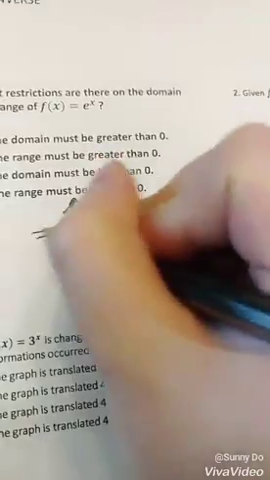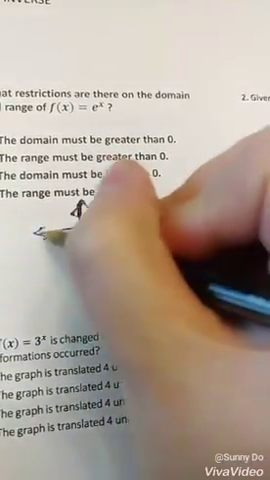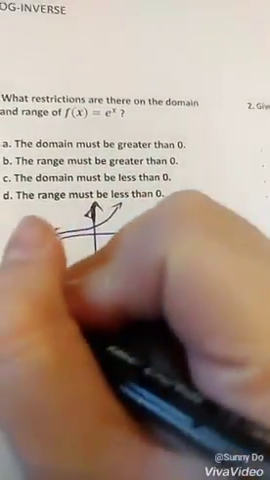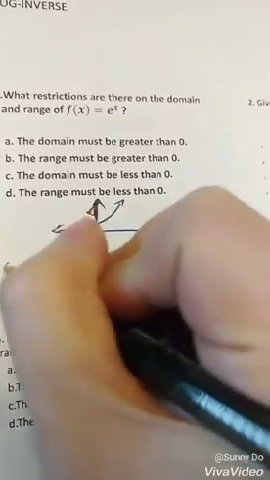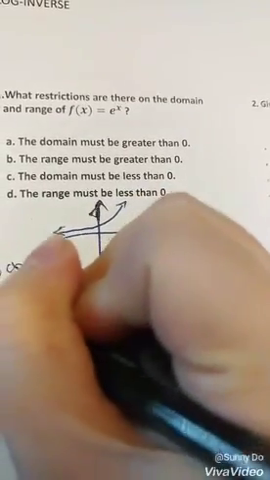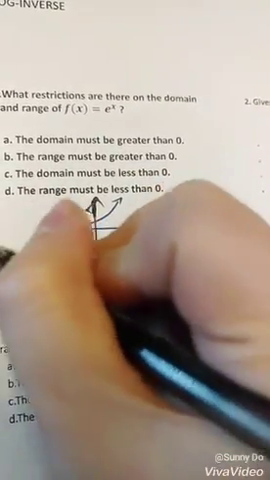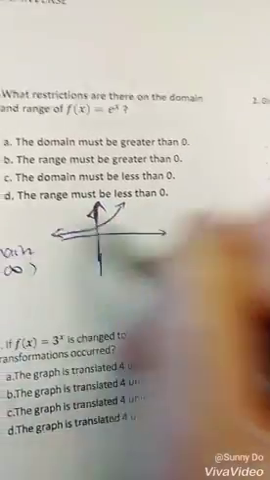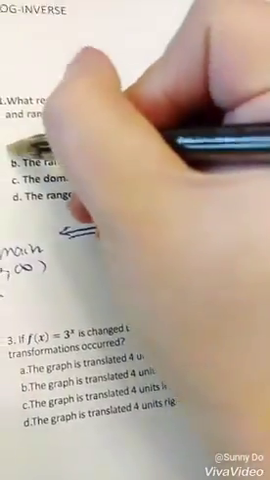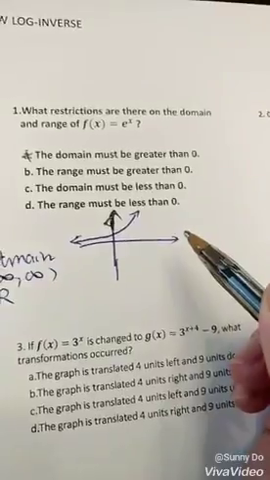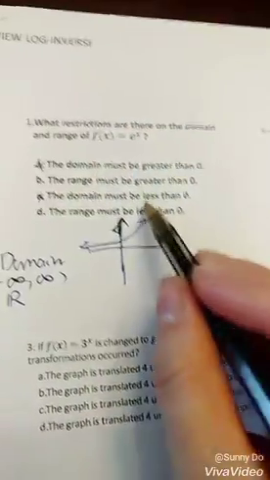Okay, so here's the graph. Domain is going all the way from negative infinity to infinity. In other words, all real numbers. Okay, so that's our domain. Let's go ahead and cross out A. And also the wrong answer will be C. These two